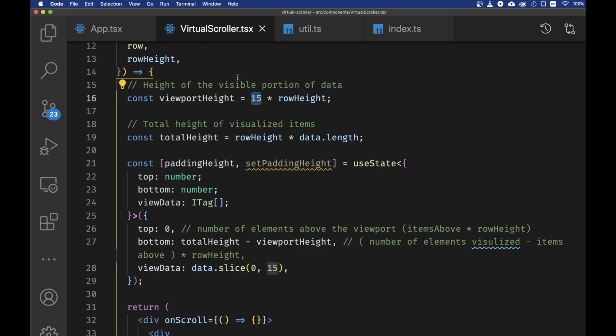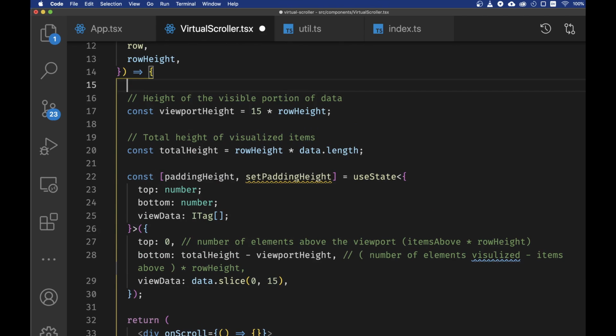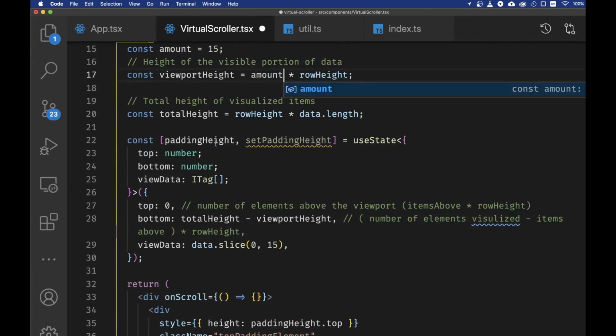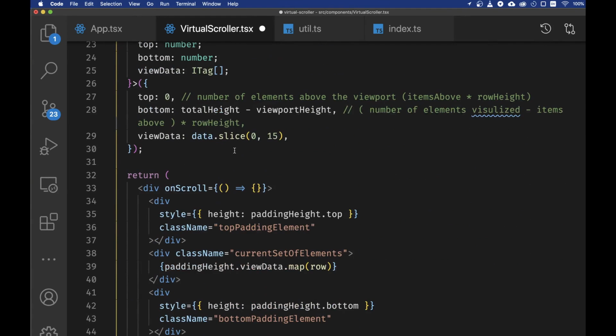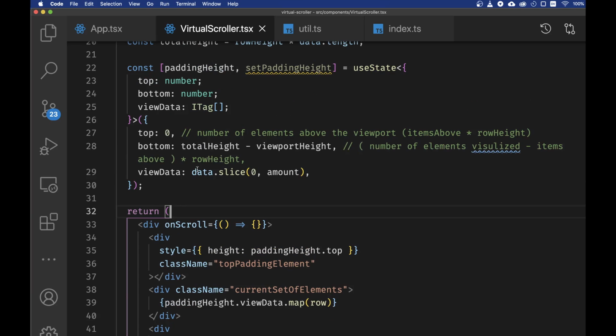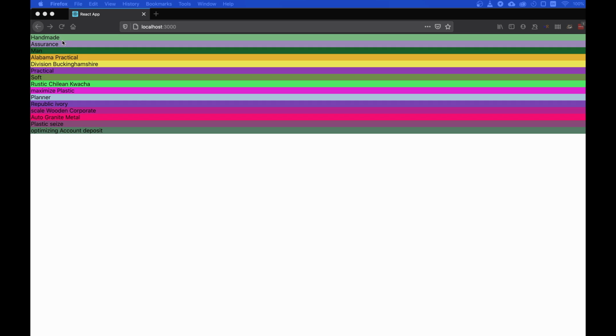Let's put this one inside a variable, so we can call it const amount, which is number of rows. So right now nothing should be changed, we should just see the elements at the beginning, and there should be